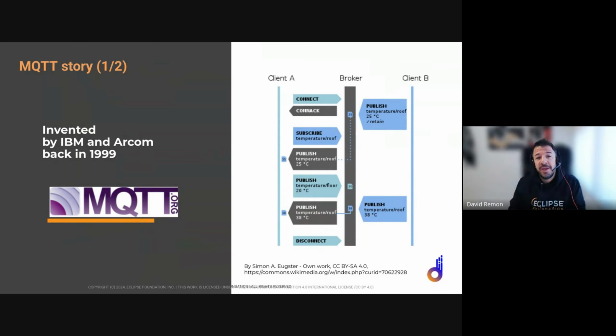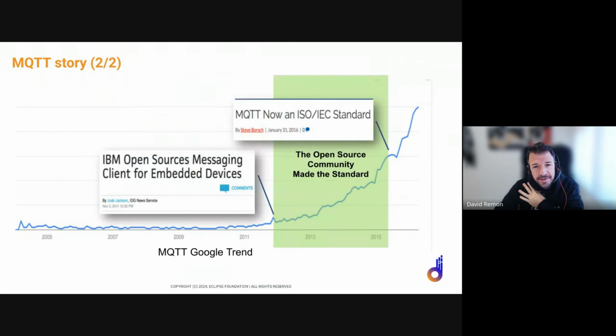So they used MQTT as a messaging system in their facilities, to communicate internally among the workers in IBM and to subscribe and publish information from devices in IoT. That happened until 2011,